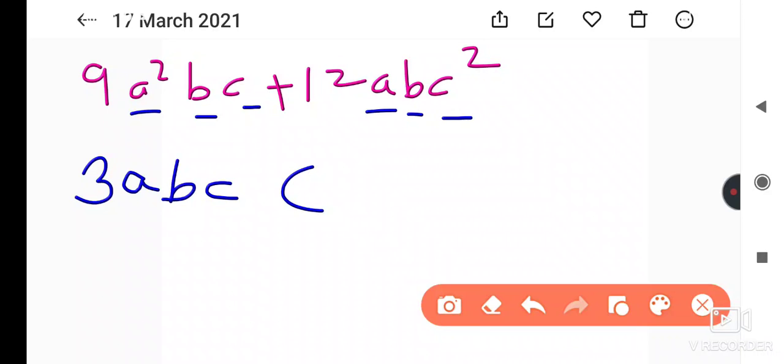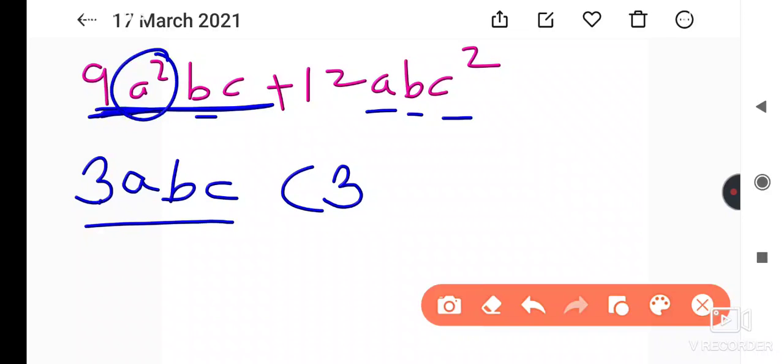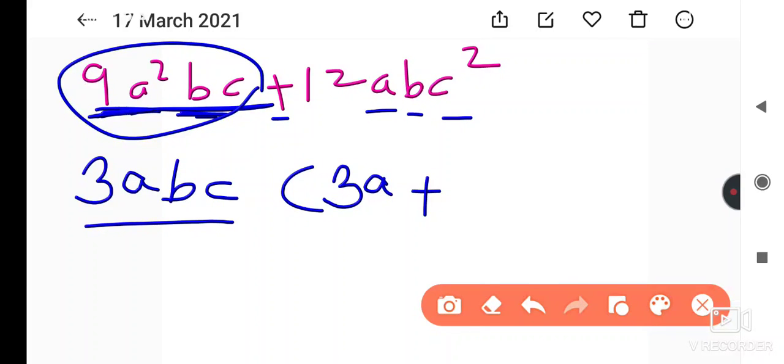Now we have to move towards the bracket. Those terms we take outside the bracket. Now 3 table inside, the number we take outside. So compare with this first term. 3 is outside the bracket. So 3 table inside, 9 is present at which place? Third place. 3 3s are 9. From this a square, 1a is outside the bracket. So how much a remains here? 1a will remain. B we take it outside. C, single c also we take outside the bracket. Now the next plus sign is here, just give the plus sign here. So from this, 3abc gone outside the bracket, what remains? 3a will remain inside the bracket.